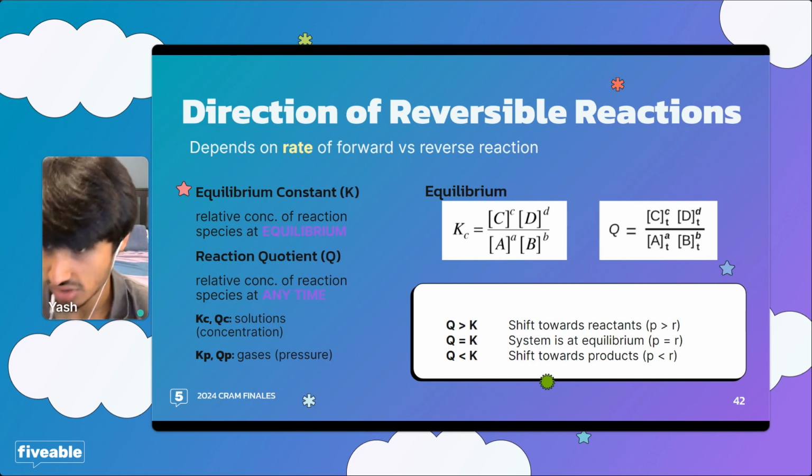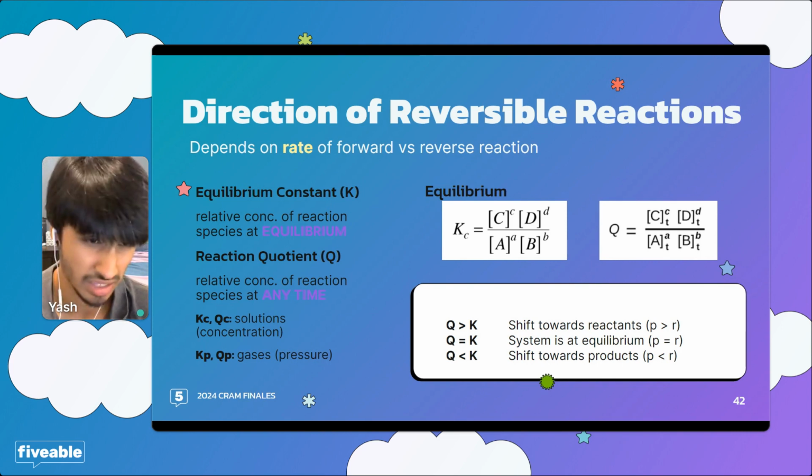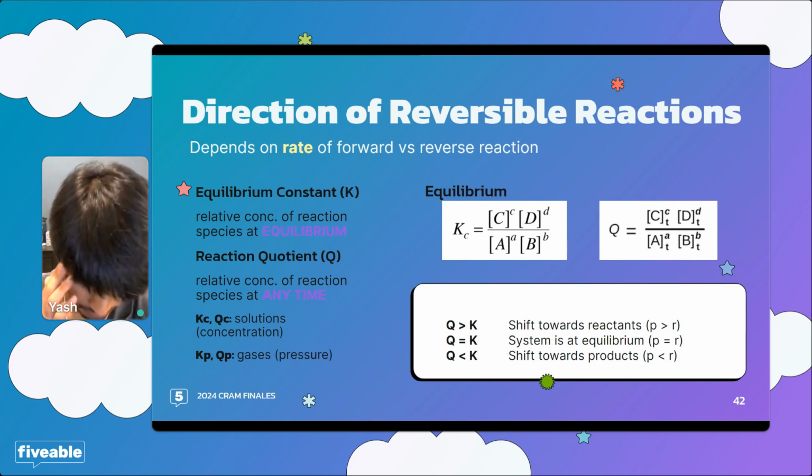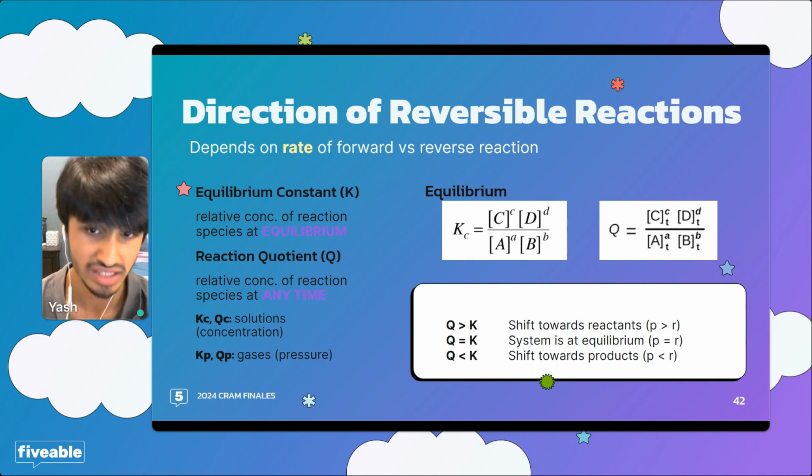The exponents are coefficients of the reaction, yes. You only solve for Q when you're given all the concentrations, right? Yes, if they give you the value of Q, they can ask you to algebraically manipulate it and solve for a concentration too. C and D are products, A and B are reactants.